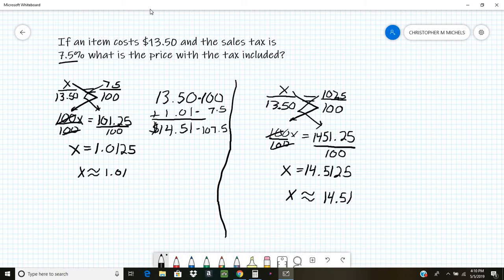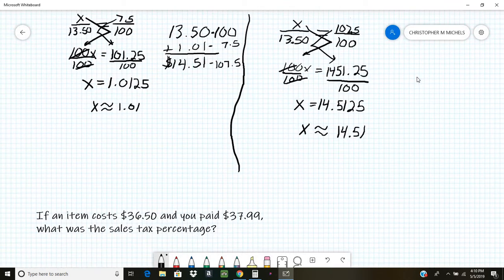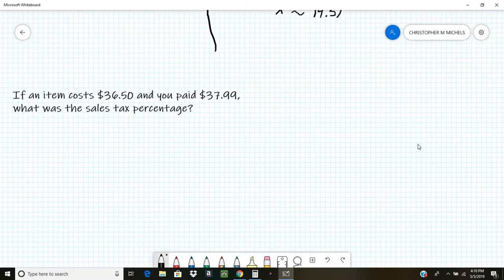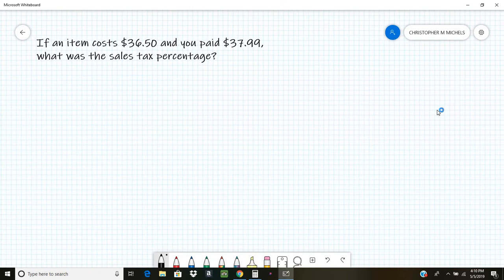Now again, kind of like the discount ones, there are ways they can trick you with this, or play tricks with your mind. Let's go right here. And again, with this one, you might see a question oddly similar to this one on the test for this module. Hint, hint, hint. They say if an item costs $36.50 and you paid $37.99, what was the sales tax